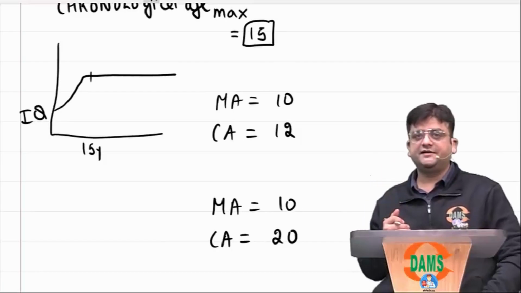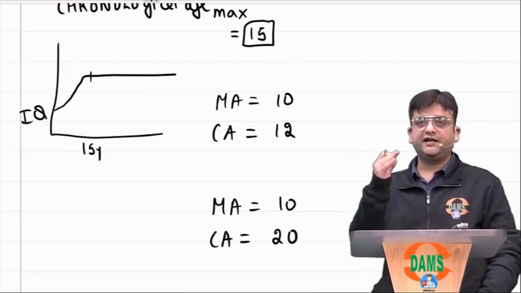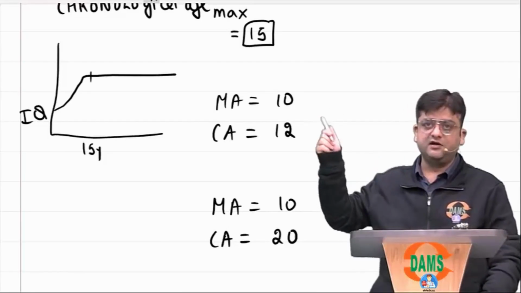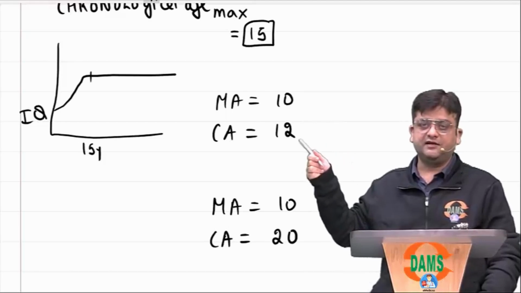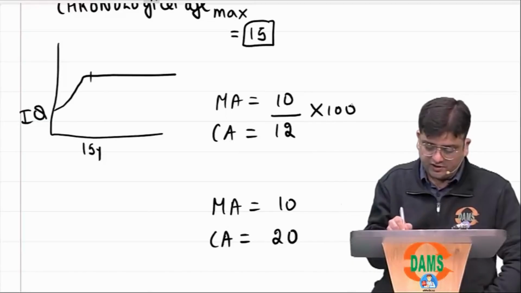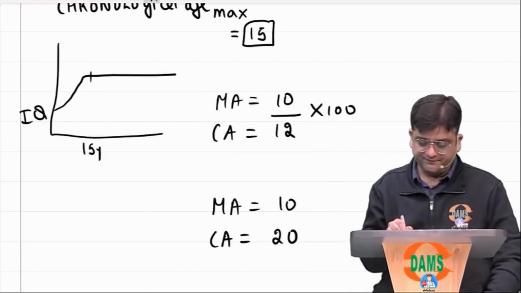Do you understand this? Suppose they ask you to calculate IQ of a child Ram whose mental age is 10, chronological age is 12. What should be the answer? 10 by 12 into 100. What is this? Approximately